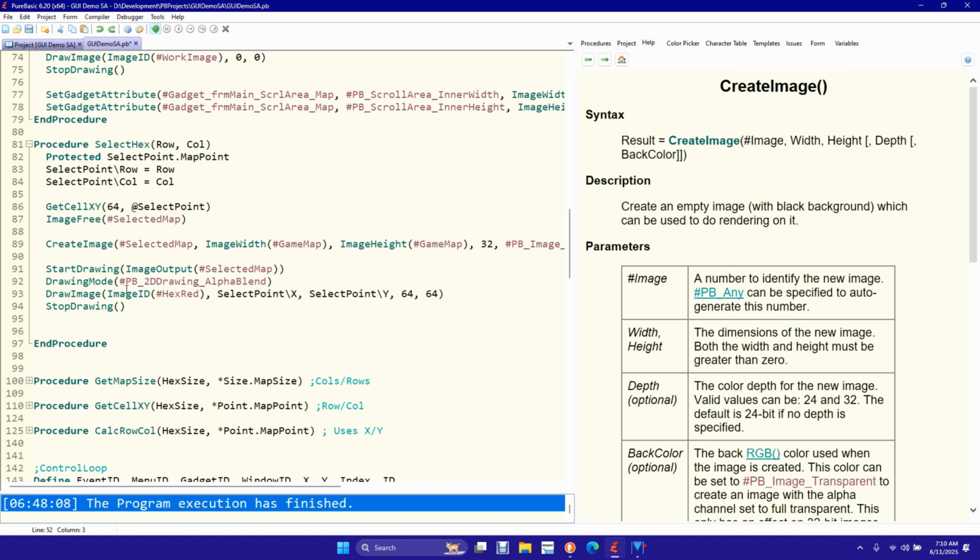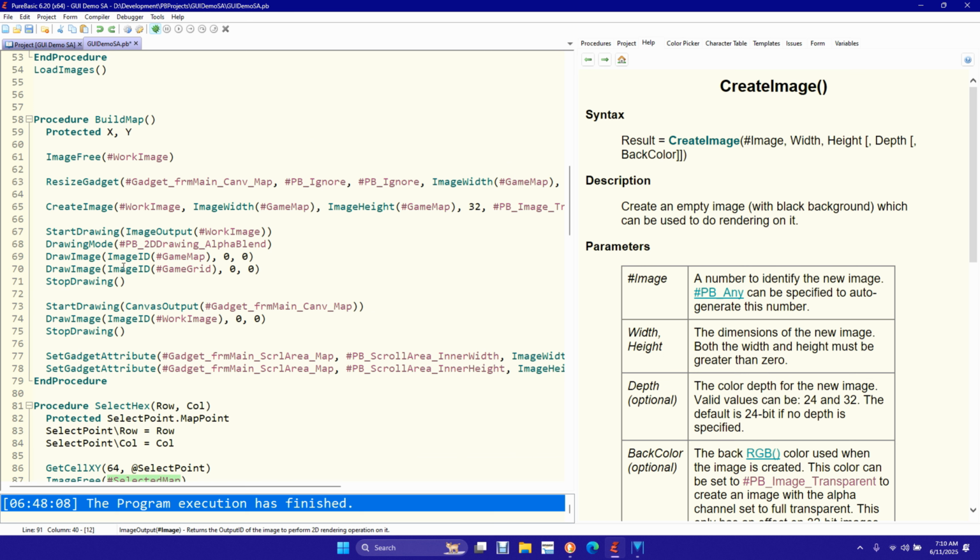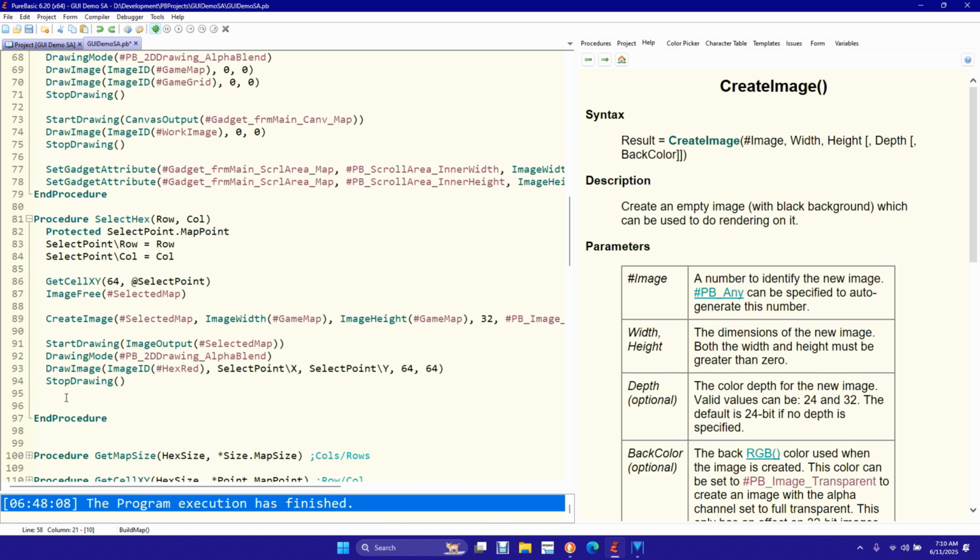So now we need to redraw our map, don't we? So now we'll come and call this guy. That's why I put him below there. We'll come in here and call build map. Okay, so what we want to do here is let's come down here and say